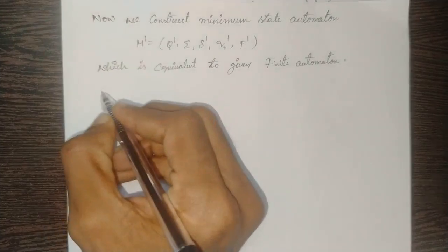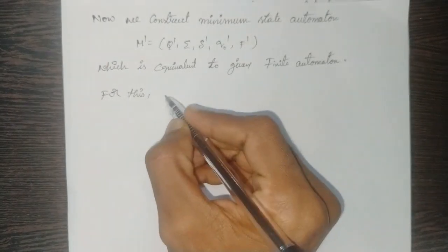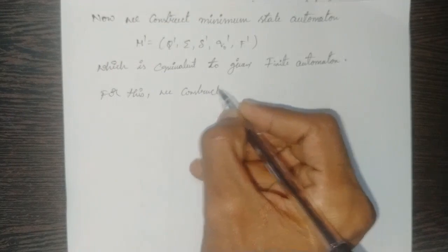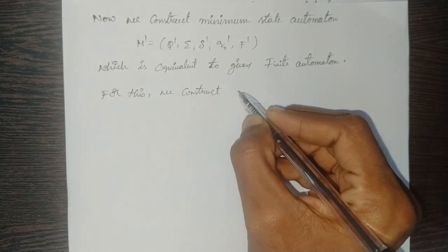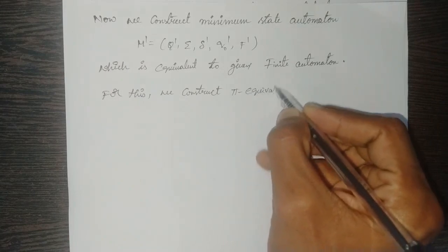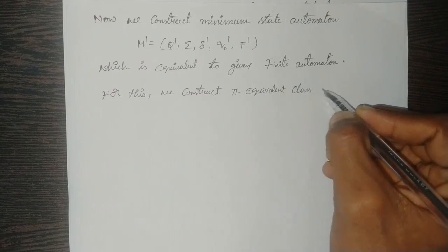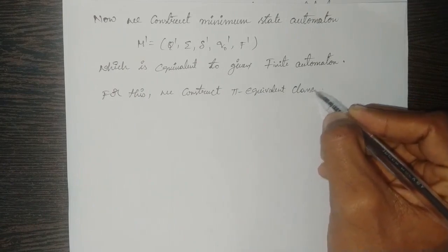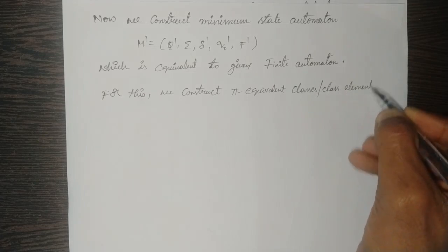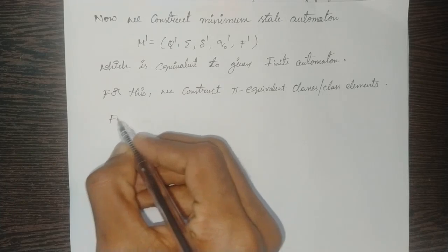For this, we construct equivalence classes, which are denoted by pi. The equivalence classes have class elements. So first we construct